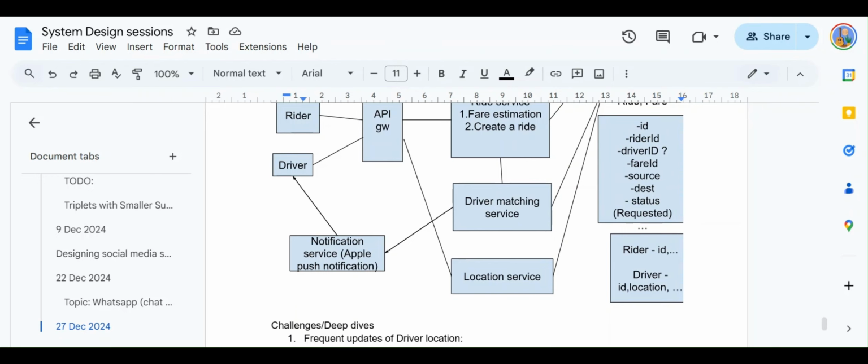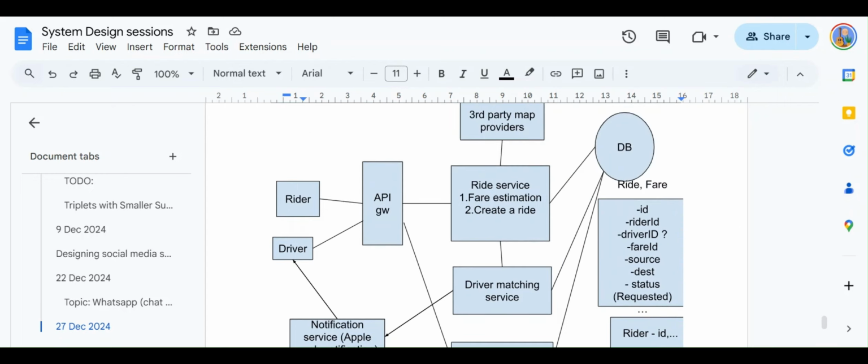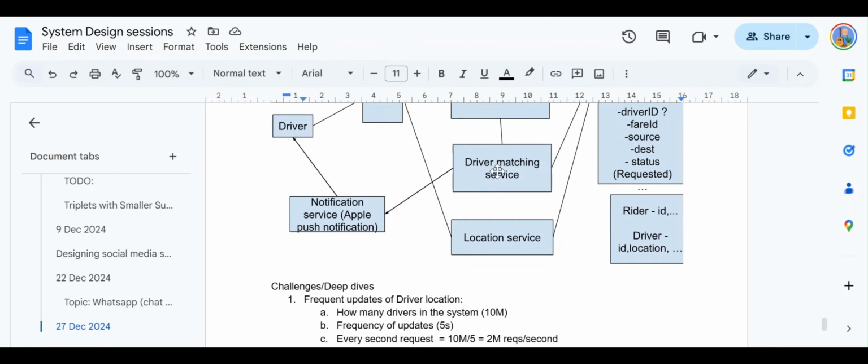It will take some time, there will be some latency associated with it, and now we are talking about 10 million drivers. Let's say we have 100 instances of this driver matching service. All the instances have to synchronize, and the synchronization might take some time.